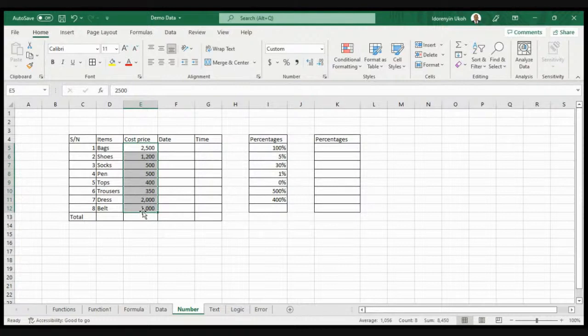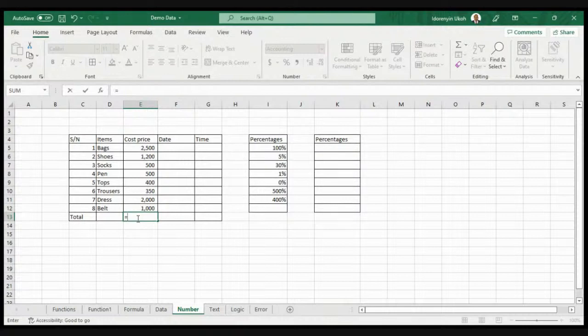We know that when we have a monetary value, we always have a decimal, depending on the money. If you're talking about Naira, you always have kobo representing part of the money. So for this total, I want a monetary value for all the cost prices of the items that were bought. So for example, I'm going to sum this just to get a monetary total, just to illustrate how monetary totals are done in Excel.